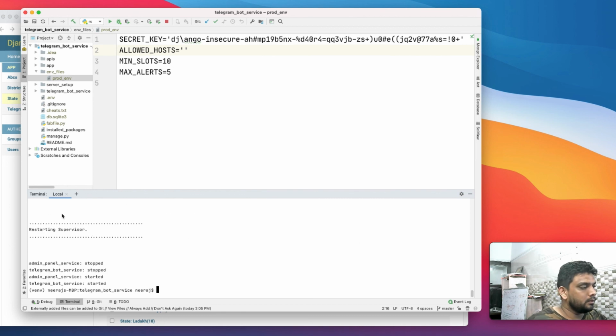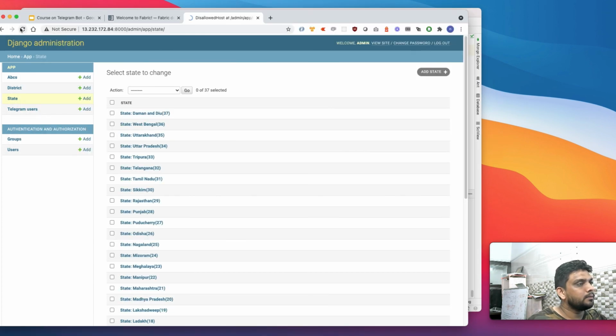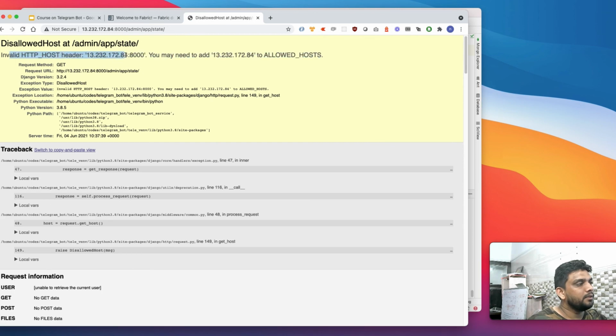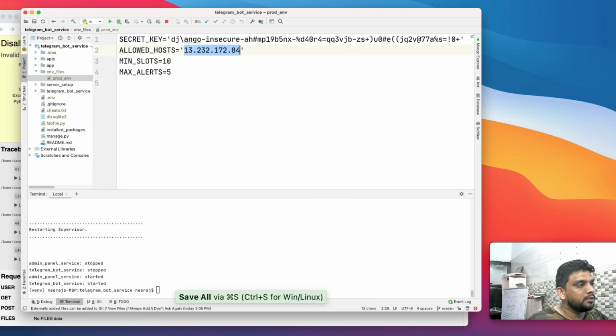Yeah, supervisor is restarted. And see, we have started receiving this disallowed host error. That means it is working, and we are successfully able to deploy changes on the server with very minimum effort.